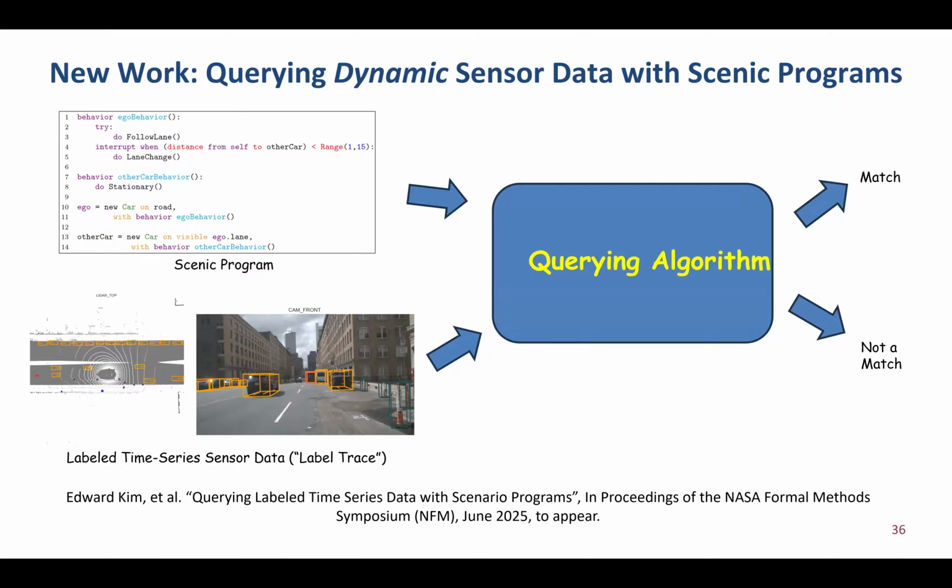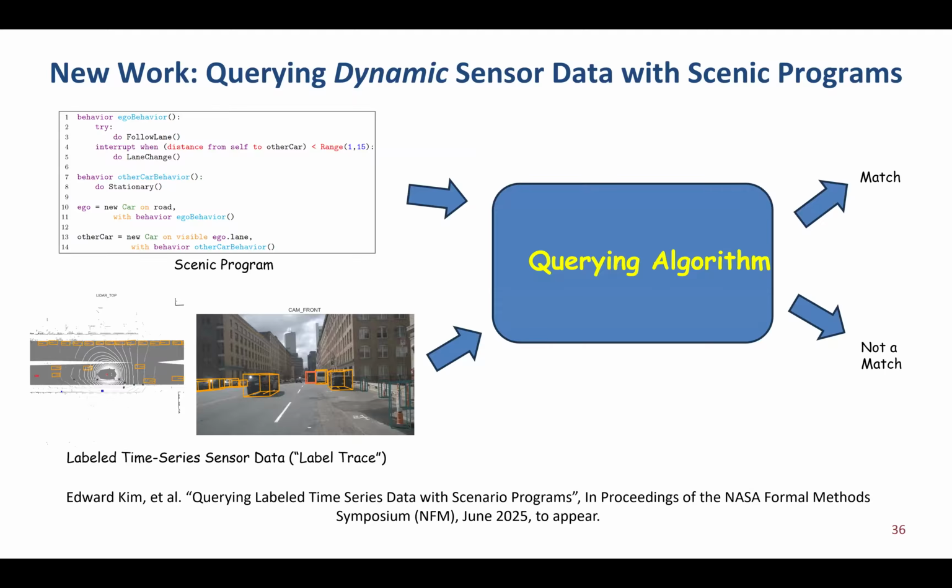So one of the places that it can be a little tricky is there's a lot of objects in the Scenic program. There's a lot of objects in the video, and only a subset of objects in the Scenic program has to match a subset of objects in the scenario. So you have to pick k out of n here, and then p out of m here, or k out of n here, and then you have to match those together, right? So basically find a permutation that matches. So you can see that this can combinatorially explode on you,